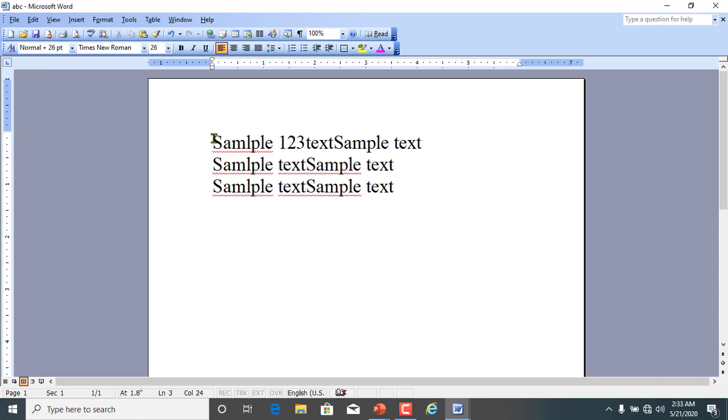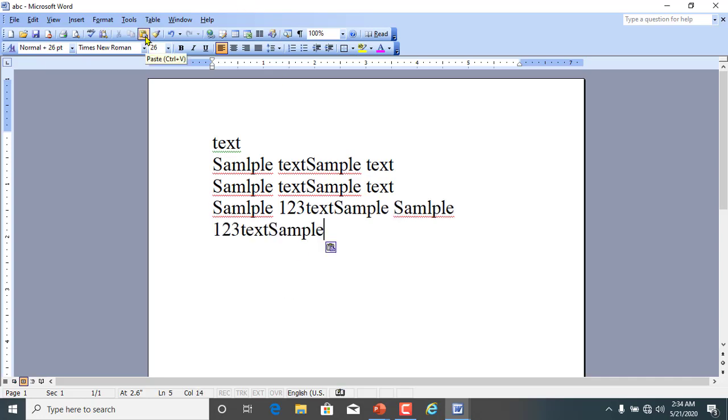You can also delete your selected text. You can move your text from one location to another by using the cut command. Students, by using the cut command, our text is removed from one place and we can paste it to another place by clicking on this paste command, or just by pressing Ctrl and V keys together. The shortcut key for pasting the text is Ctrl plus V. Students, by following all these procedures, we can edit our document very easily.